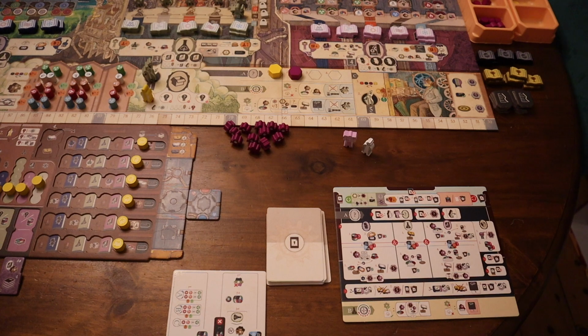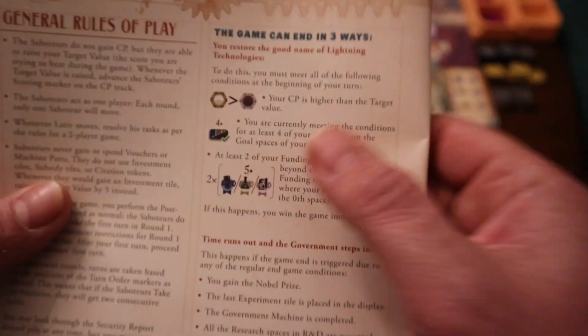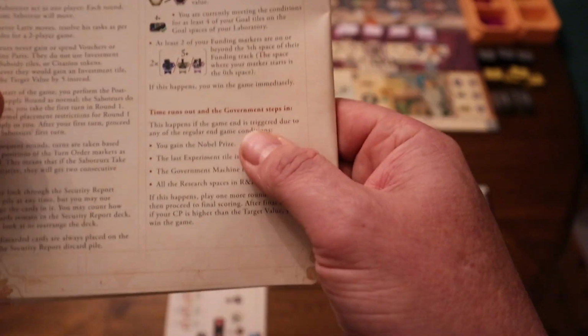So you imagine where you start is a 0 space, 1, 2, 3, 4, 5. At least 2 of your funding markers have got to be on there. If you've done all those, great, you beat the game. There's a kind of scoring mechanism at the end of the game. So that is one way that you win the game: you achieve that, that's it,